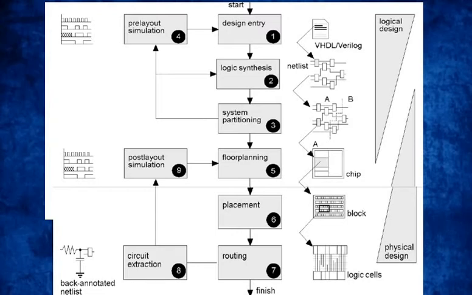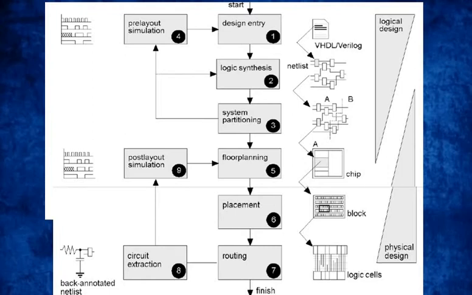Next we will have logic synthesis, where you will have the netlist and connections between your logical blocks. Then partitioning: a big system has to be partitioned into small parts, but overall it will give you a single output. We gave the example of a vending machine, correct? Then we have to see the pre-layout simulation, whether it's working properly or not. So this is the first part, the front end.